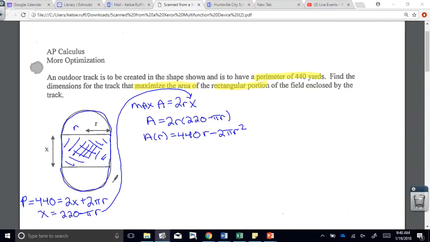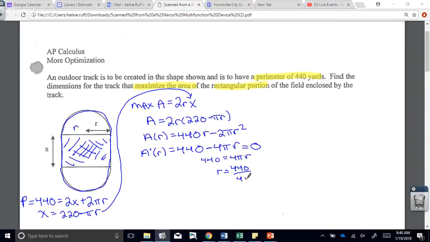squared. And when it comes to finding max and mins, use derivatives. So I'm now going to take the derivative of the area, which is 440 minus 4 pi r. Since that is a linear function, we don't have to worry about where it's undefined. We're going to set this equal to 0, and we're going to solve. Okay, so I end up with 440 equals 4 pi r. So r is equal to